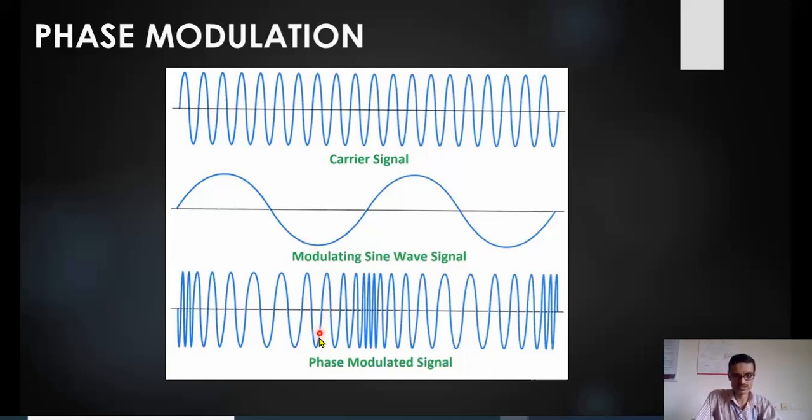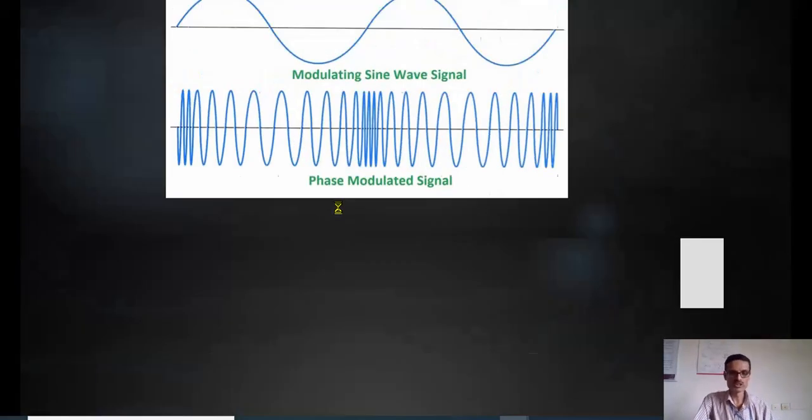Here there is a large variation in the phase or the frequency. If the voltage is somewhere here or somewhere here, the difference in the phase modulation technique is that here the phase variation is large because the amplitude is increasing. Here the phase variation is less, or the frequency is smaller, compared to the same amplitude at different points. So this is actually the phase modulation technique.